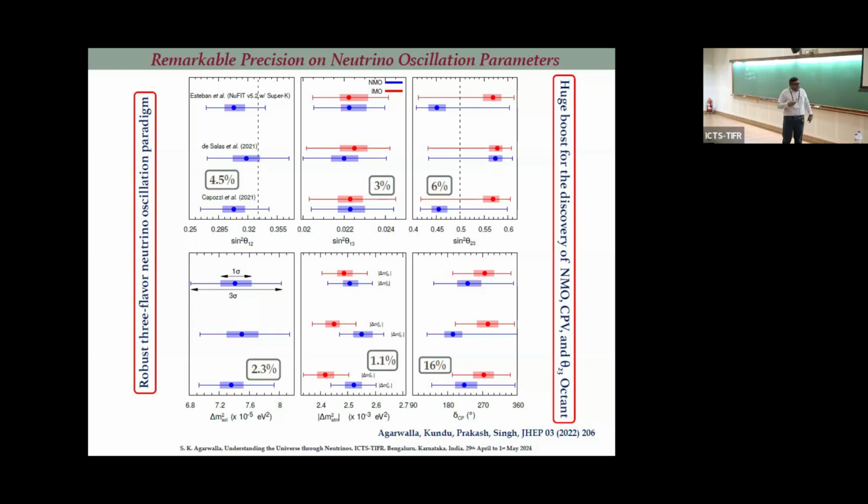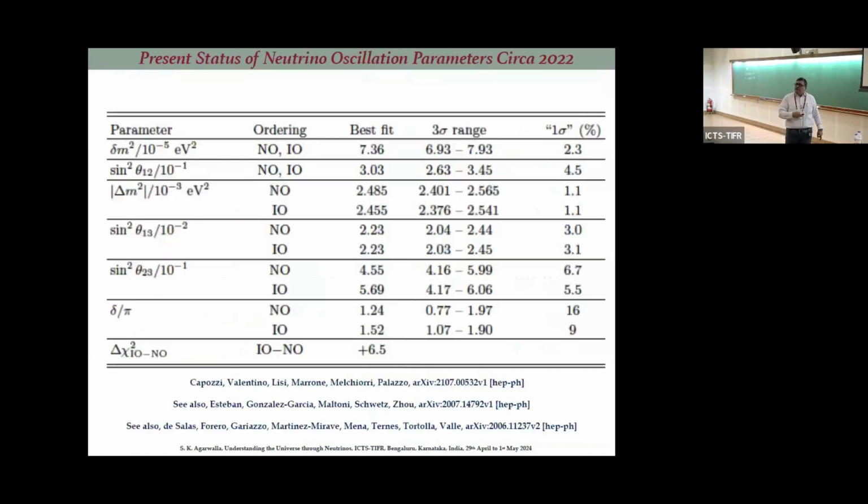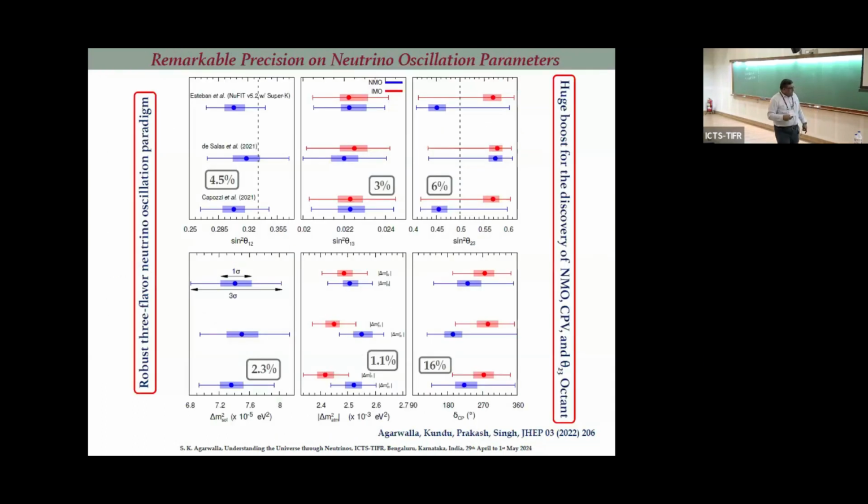So this is the slide where you can see, okay, you are showing, because you love them, they are your friends. So you are showing all the results from this paper. They are from Bari, from Italy. But there are other groups also doing global fit studies. Do they also tell you the same story? Because there are 3 groups. So here there is a nice comparison. This is the latest till date what we have. So we have shown you the allowed ranges and best fit from 3 global fit studies.